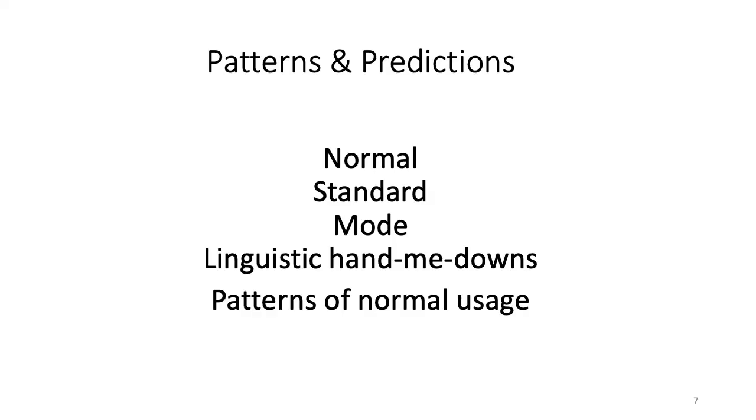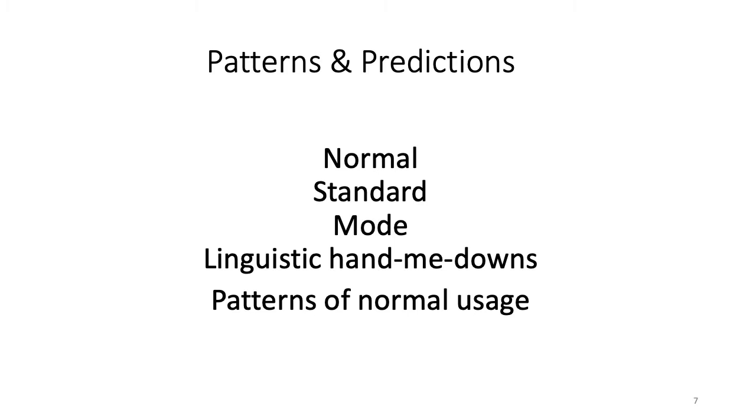Now, what patterns enable us to do is predict the behavior. And this is as true for astronomers, because they can tell us in advance when the next eclipse will be, for example. It happens with animal behavior, with psychologists. Journalists and spies who are looking at politicians like to be able to predict their behavior. So in language, we like to predict behavior as well, because these patterns of normal usage are the things which our students need to know so that their language sounds normal and standard.